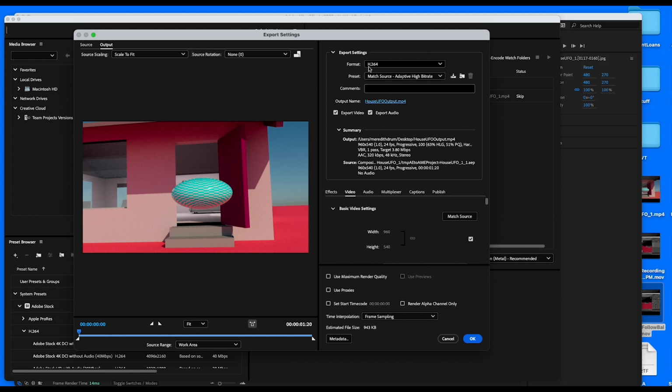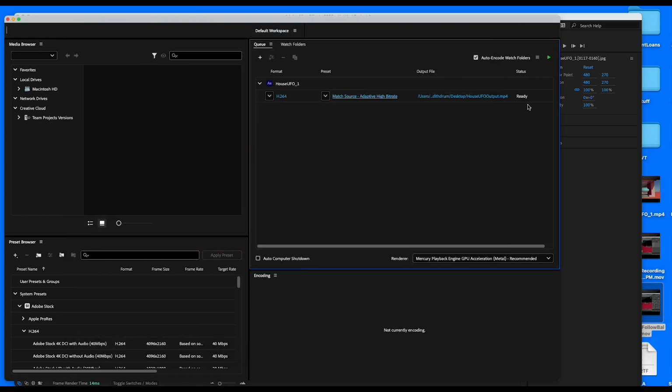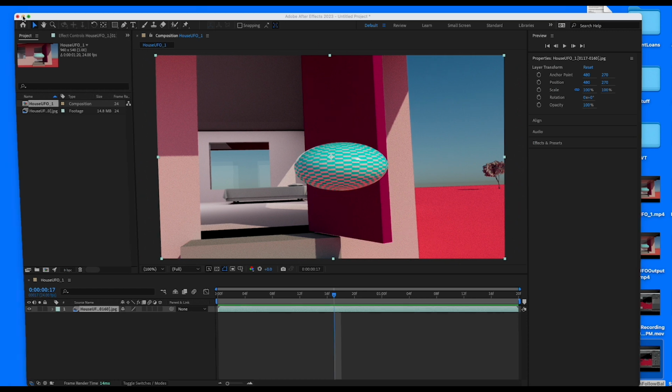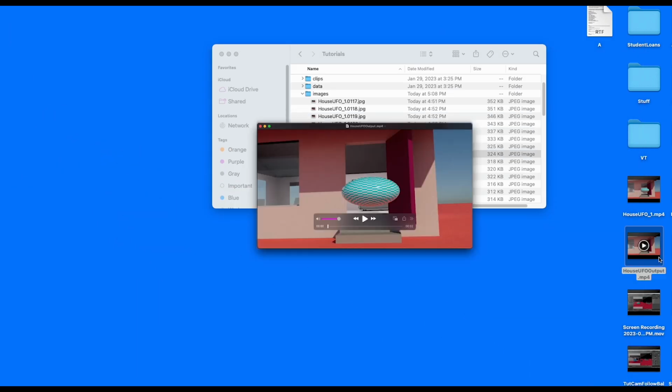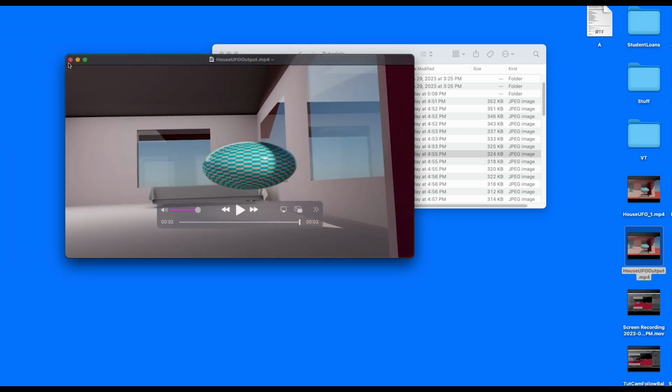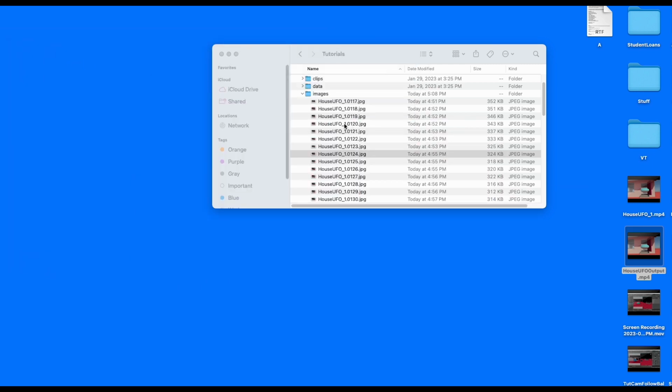Okay, so then you can change your presets there if you wish, but I'm just going to say H.264 is fine. Say OK. Remember to press this little green button here, because it's not always obvious, but that's how you get it to start. It was really fast because it's very short. I'm just going to move that out of the way. And here's what I just rendered. So there you go. It should not be too hard. I know it's a lot of steps, but I do think it's worth it. Thanks.